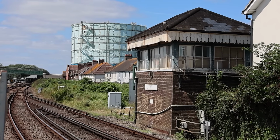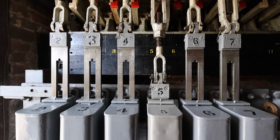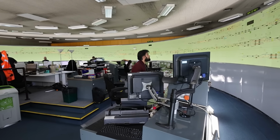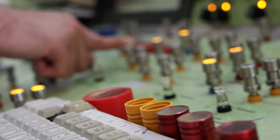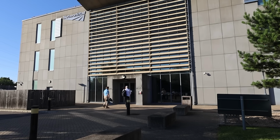So coming up, we're going to go and visit a signal box from the 1880s, complete with a look at its mechanical interlocking. Then we'll jump forward in time to the 1980s with a visit to the Area Signalling Centre at Three Bridges for a behind-the-scenes look there. And then finally, we enter the ROC. That's the Rail Operating Centre, one of the most modern signalling centres, which replaced over 800 signal boxes when it